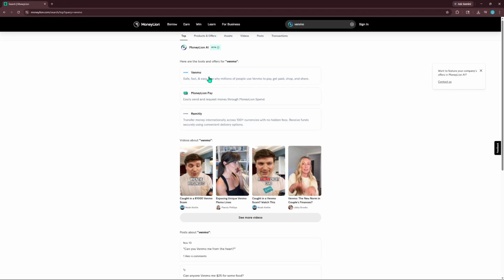Connecting your MoneyLion and Venmo accounts not only simplifies your financial activities, but also provides a comprehensive view of your finances in one place. It's an efficient way to track spending, manage funds, and ensure you're always on top of your financial game. Remember, technology is here to make your life easier, so take advantage of these integrations to enhance